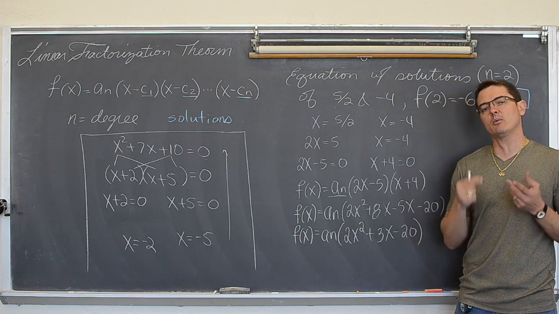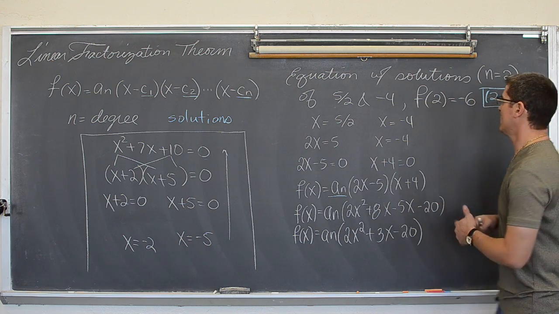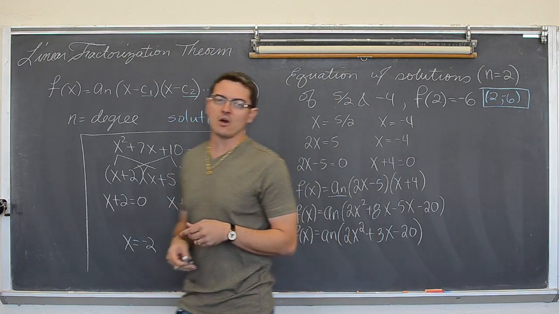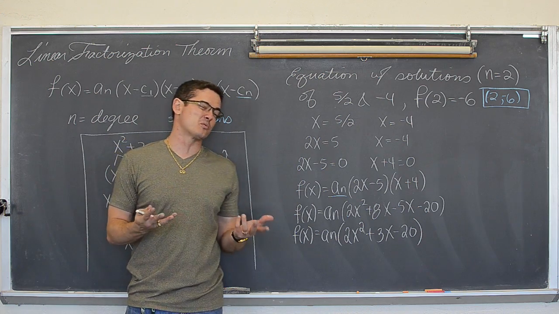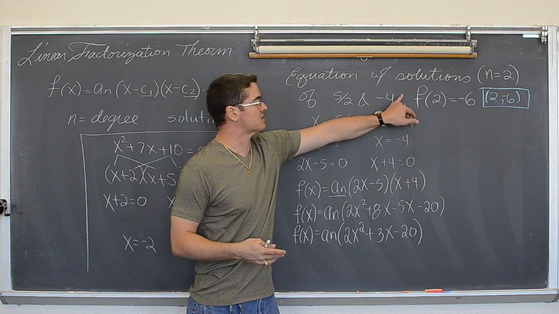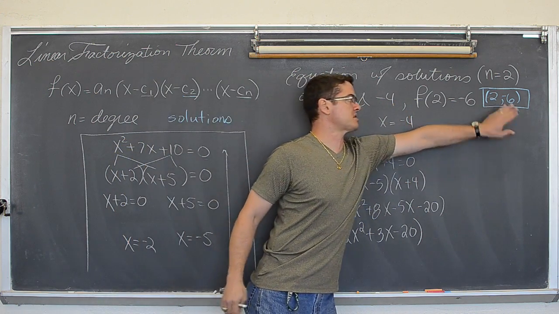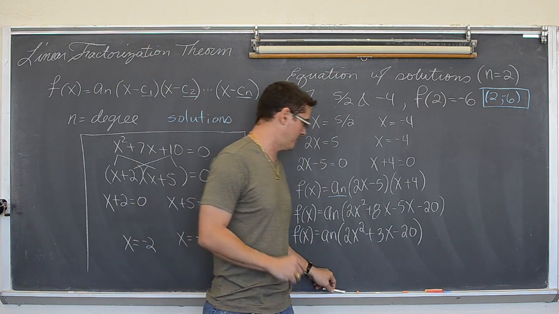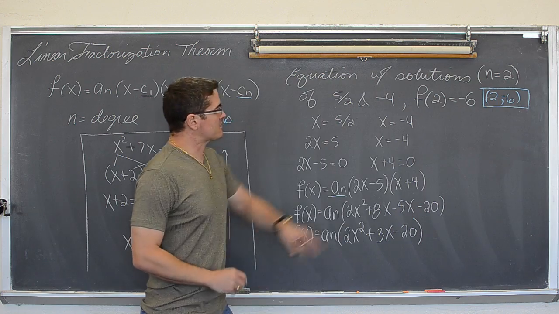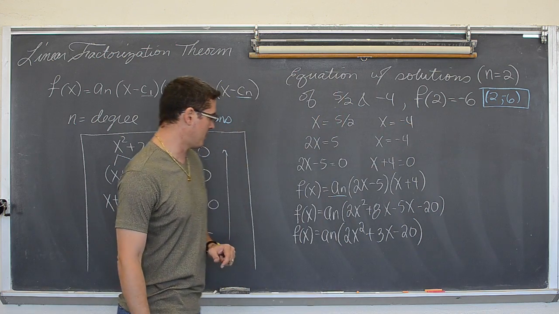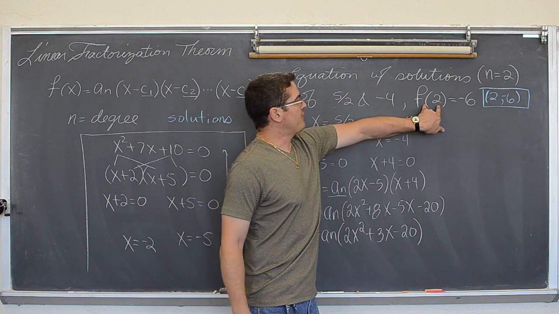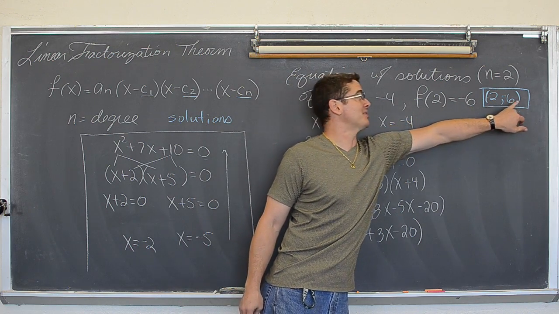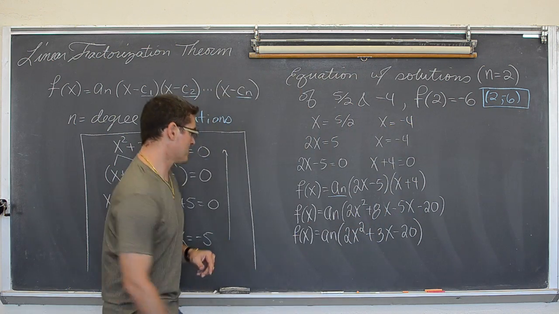Okay, so we're really close to the final answer, and this might actually be the polynomial that I started off with, but we're not sure about that until we go, okay, not only did they tell us where the graph crossed the x-axis, well, that'd be if it's real solutions, but not only did they tell us all the solutions, they also told us a point the graph goes through. It's not a straight line. So let's put this point that the graph goes through into play. Either f of 2 equals -6, or if you want to write that as a coordinate so you see the x and the y, the -6 is the y.